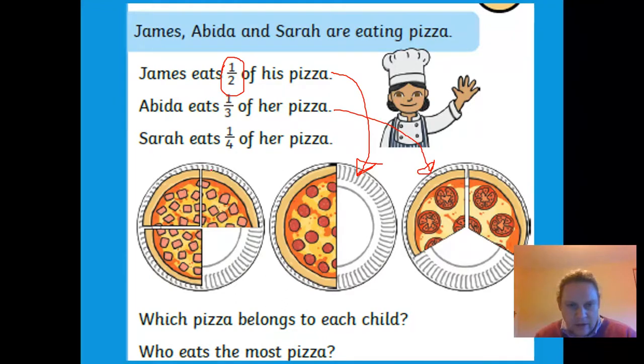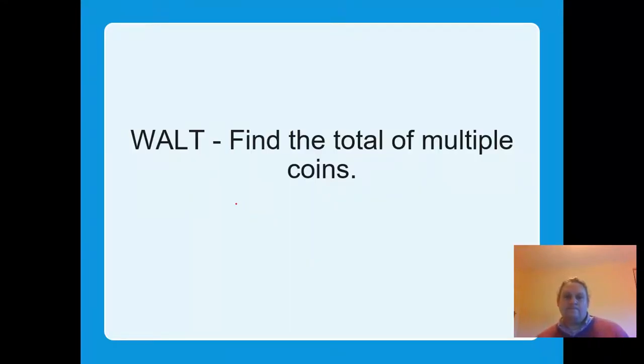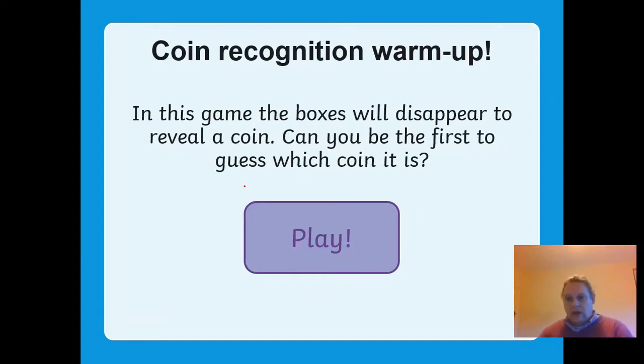All right, which means that Sarah belongs to this pizza. She's eaten 1/4 of her pizza. 1/4 of the pizza's gone. This pizza belongs to Sarah. Okay. All right, good. So now we are going to have a look at our retrieval quiz, and this is